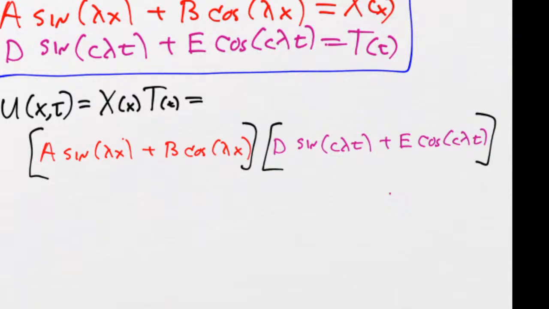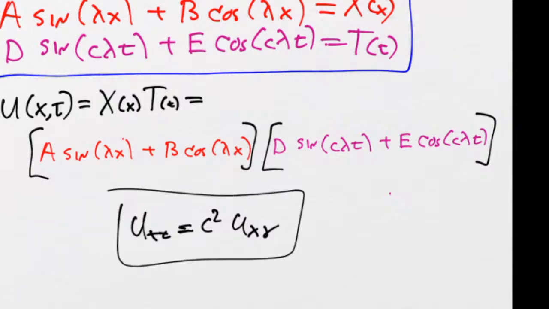We call it a general solution because we still don't know A, B, D, and E. But the truth is that I could take this general solution and plug it back into the wave equation, u_t t equals c squared u x x, and you would get this to be true. The second derivative of this with respect to time is equal to c squared times the second derivative of u with respect to x, even if you don't know what A, B, D, and E are. However, we're going to now calculate A, B, D, and E based on our boundary conditions and